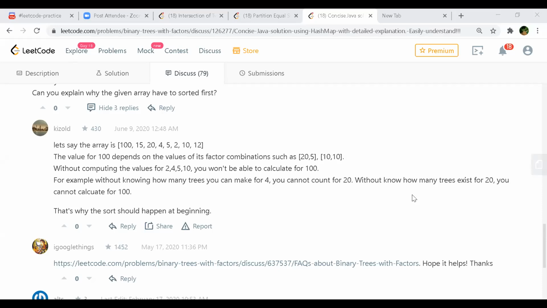This was the reason for sorting: we need to calculate for the smaller ones first, so that in the bigger one, if we come across a factor, it's already there. Yeah, exactly. We can switch to the next one then.